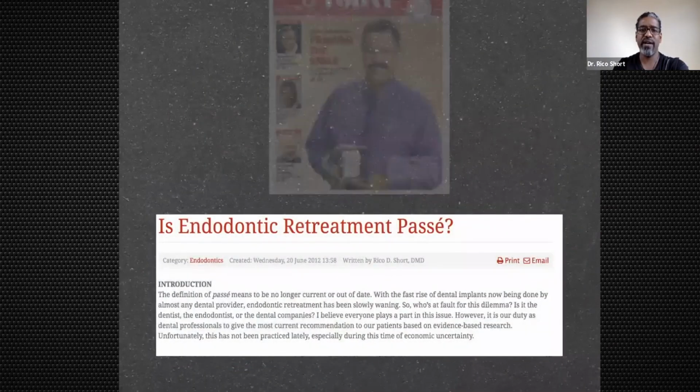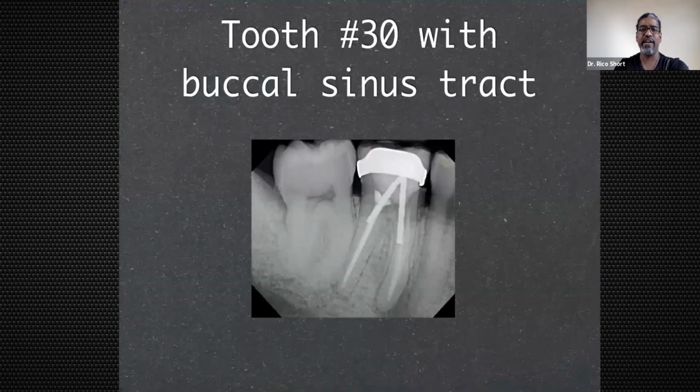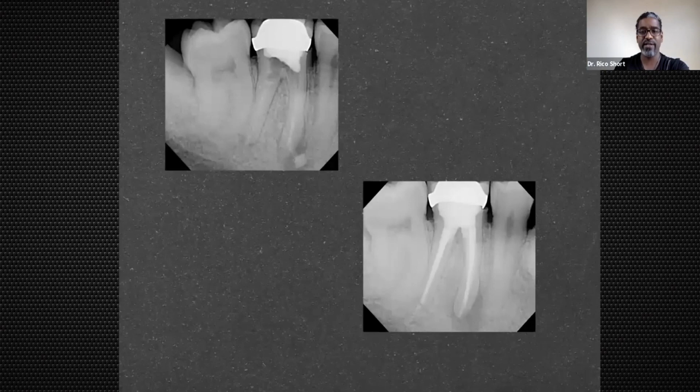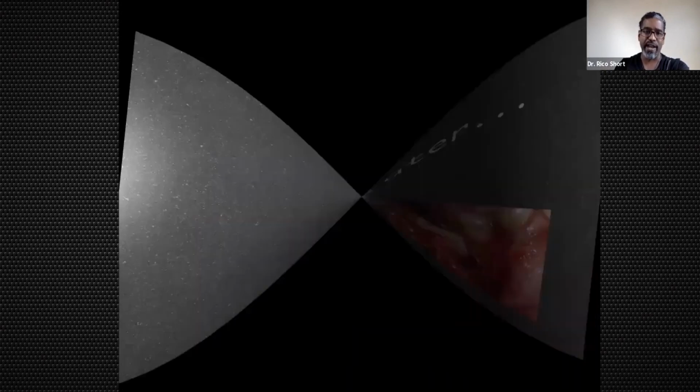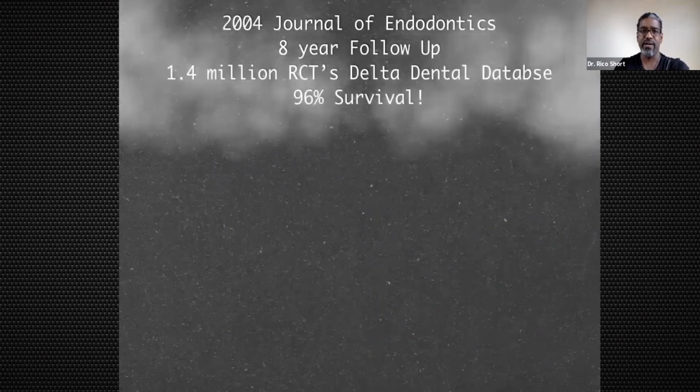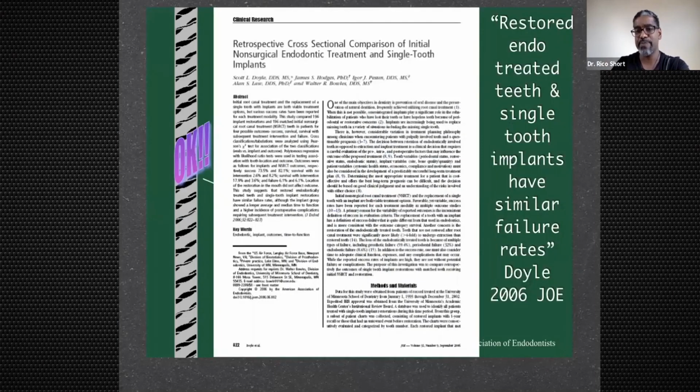So what about endodontic retreatment? Endodontic treatment is still successful, over 94% survival rate. And sometimes it's not. That was a case that I did. Everything looked good. We retreated the case 2 years later. Boom, you got a vertical root fracture and the tooth had to be extracted. So even though that's the case, 96% of the endodontic cases that are done are successful